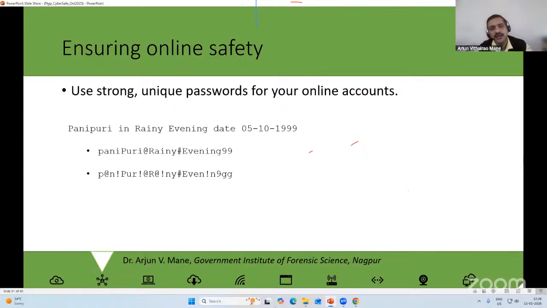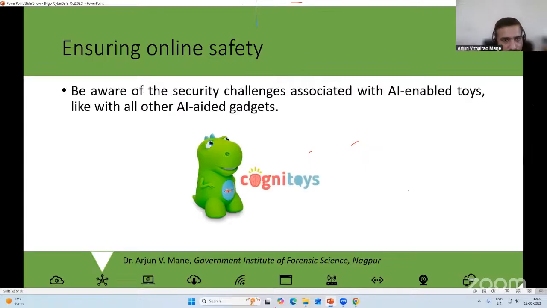और ऐसे इसमें फिर पास मैनेजर की भी जरूरत नहीं है, आप अपना पासवर्ड अपने पेज पे लिख के रख सकते हैं। पानीपुरी इन रेनी इवनिंग डेट के साथ आराम से आप अपने पेजेस में पासवर्ड का पेज भी बना दिए। आपने लिख दिया जीमेल पासवर्ड है पानीपुरी वाला, उसके बाद आपका याहू का पासवर्ड है, कुछ और गाने के बोल हैं, वो लिख दीजिएगा। सो if you want to know more, search regarding passphrase और remembering the password। तो ये करके आप लोग अपना जो भी पासवर्ड है याद रख सकते हैं।